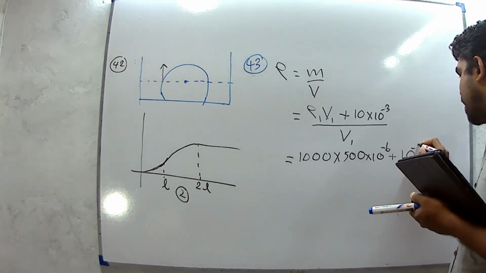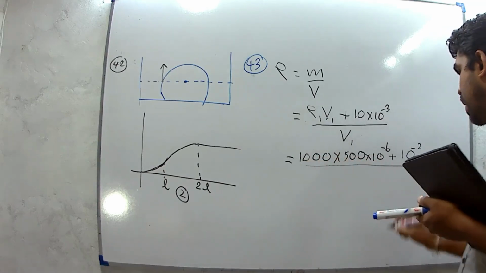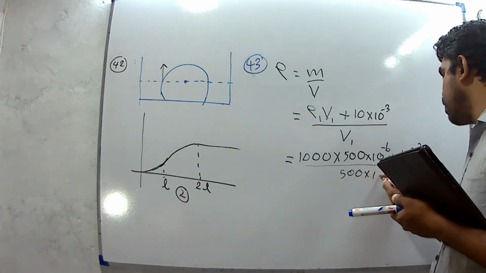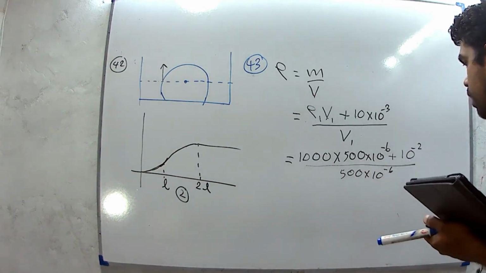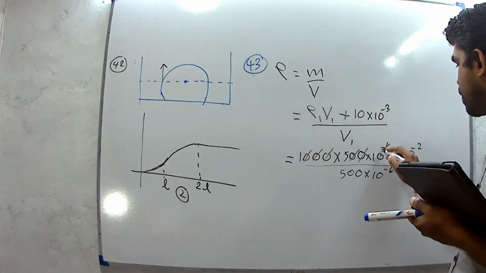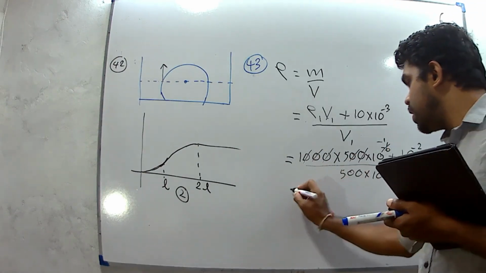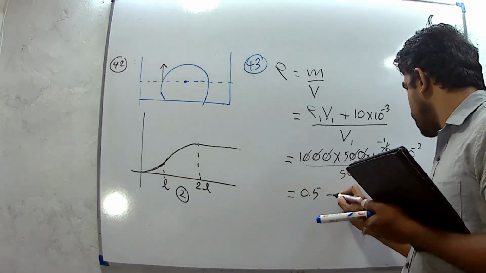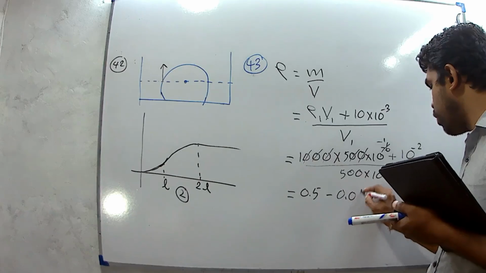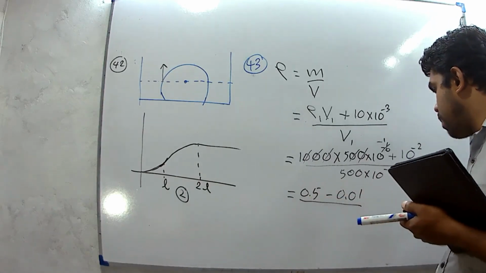10 to the power minus 2, divided by the volume, which is the same value, 500 cubic centimeters. 1, 2, 3, 4, 5. We can cancel out 5 terms, 10 to the power minus 1. Then 0.5 minus 10 to the power minus 2 is 0.01. Divide by